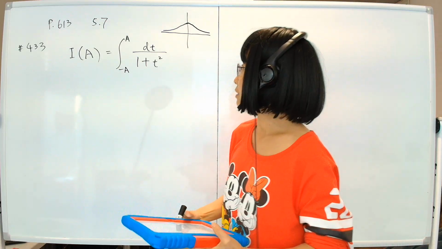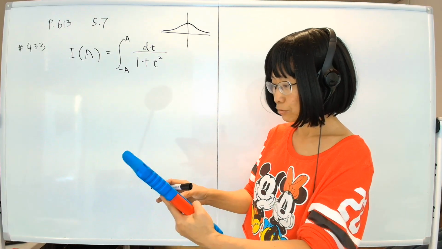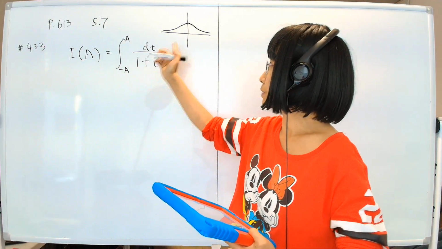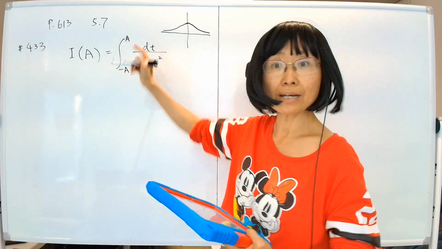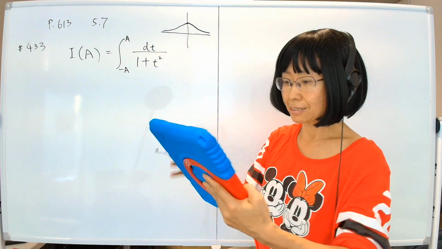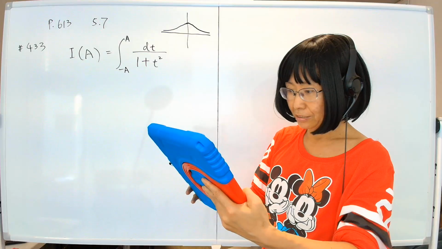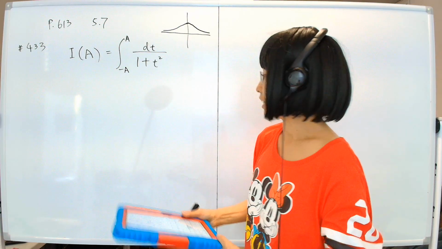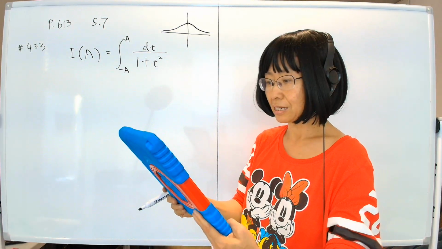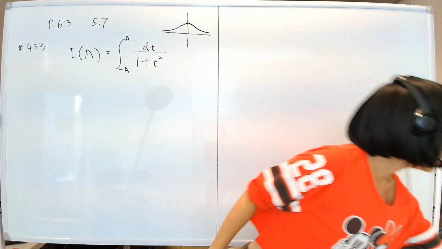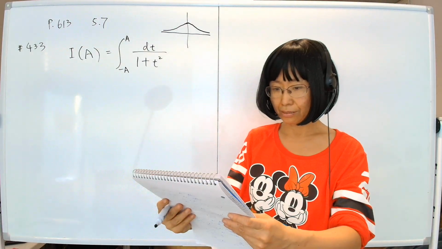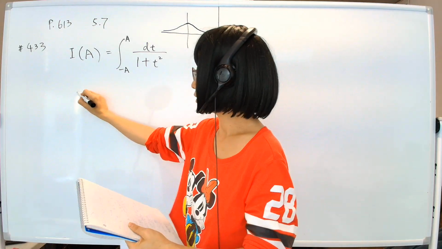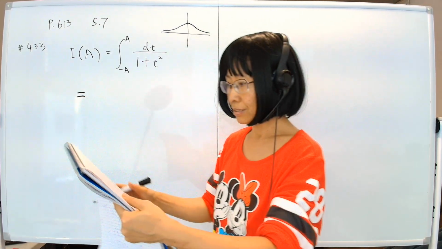The first thing you notice is, well, it doesn't matter if you notice it, but I should mention that being an even function, you can just integrate from 0 to a and then multiply by 2, or you can just do it like this, and it doesn't make that much difference. Then we need to calculate this, and that is the tangent formula in our section. Let's write that down. 433 right here. The integral of this by using the tangent inverse formula for integration equals